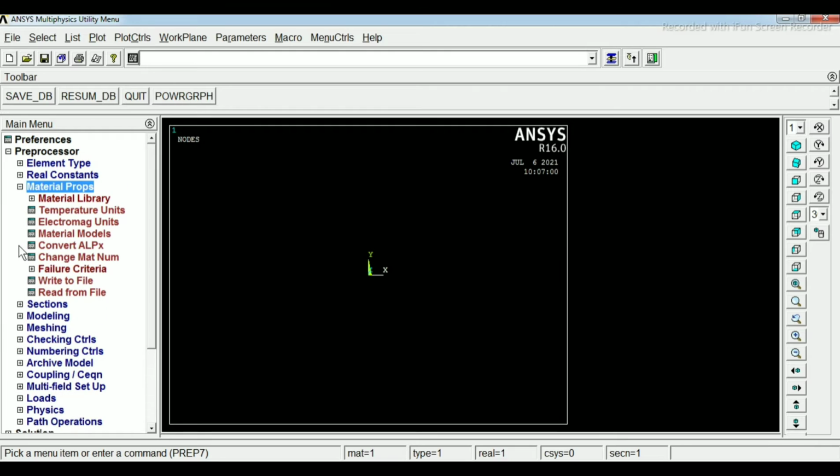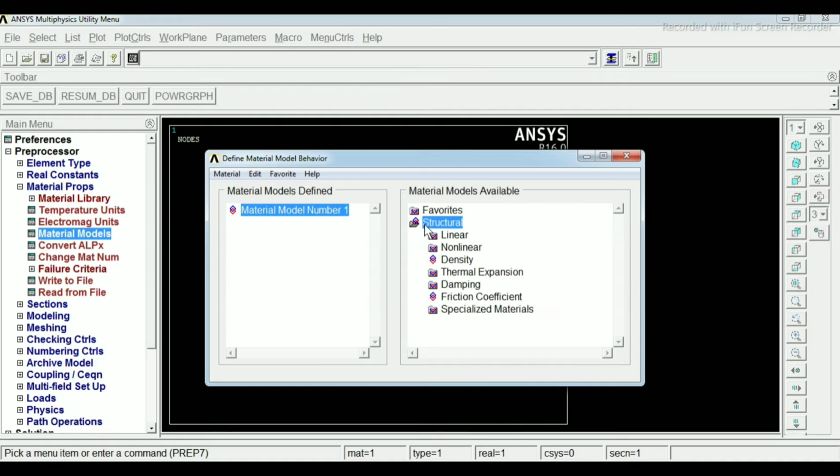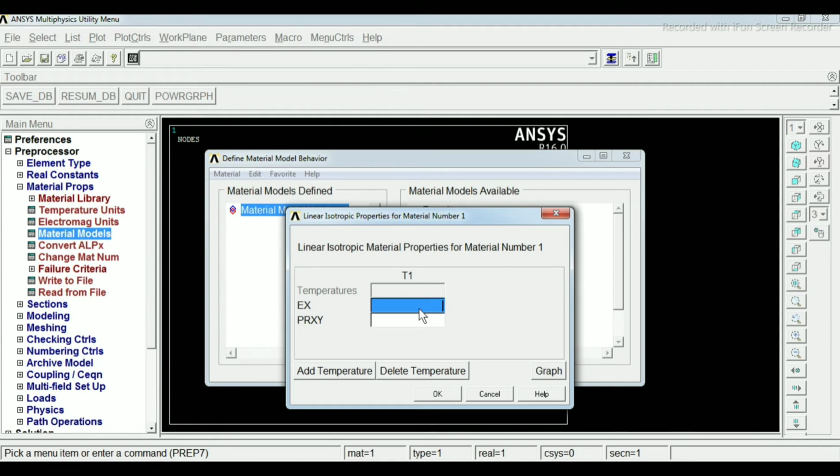Now we have to give the material properties. Go to material properties and add the materials. Go to material model, then structural, linear, elastic, isotropic. Our modulus of elasticity will be 200 E raised to 6. E means 10 to the power.